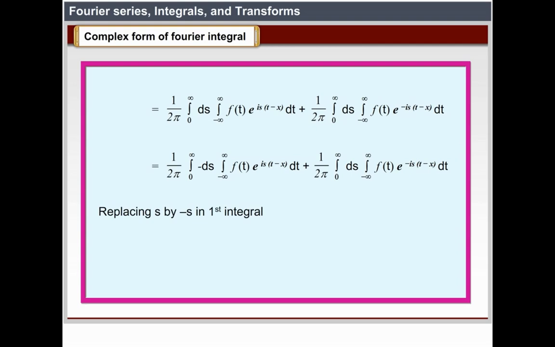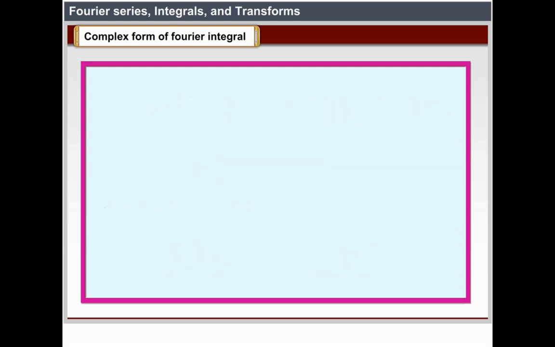Replacing s by −s in the first integral, we get 1/2π ∫ from −∞ to 0 ds ∫ from −∞ to +∞ f(t) e^(−is(t−x)) dt + 1/2π ∫ from 0 to ∞ ds ∫ from −∞ to +∞ f(t) e^(−is(t−x)) dt